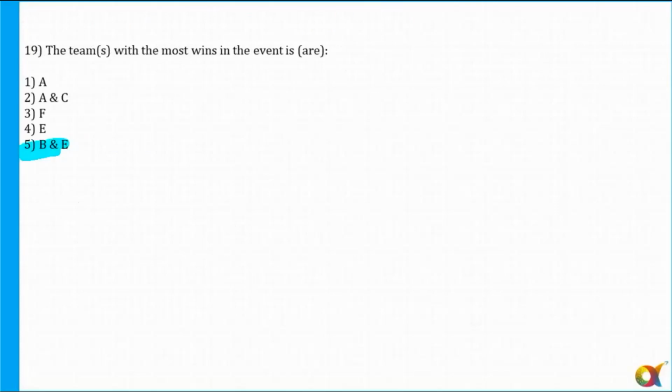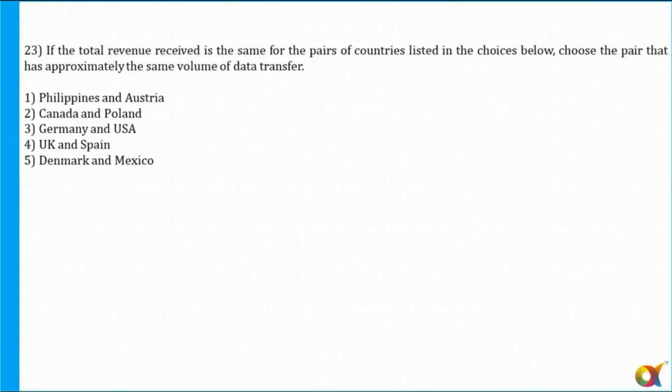Okay. For question number 20, the answer is option number 2. Great. For question number 21, the answer is option 4. And for question 22, the answer is nothing, but that is equal to how much? I can say option 5. Alright. And for the last 3 questions, that is question number 23, 24, 25.